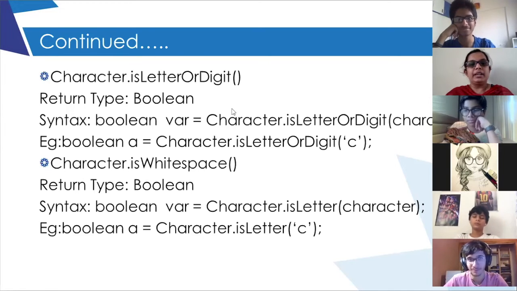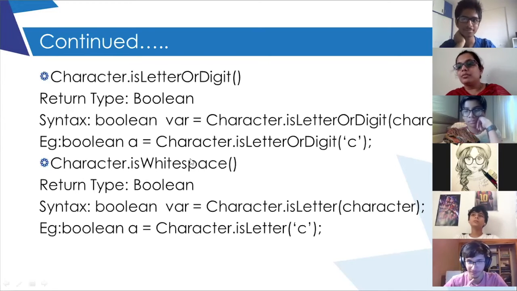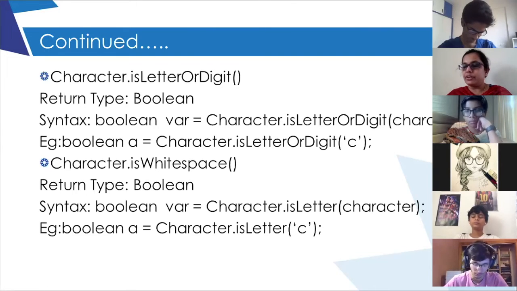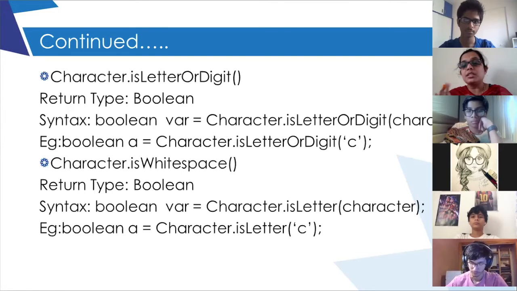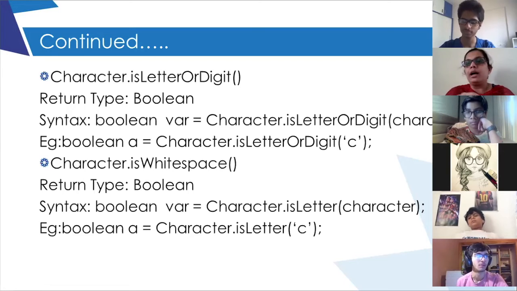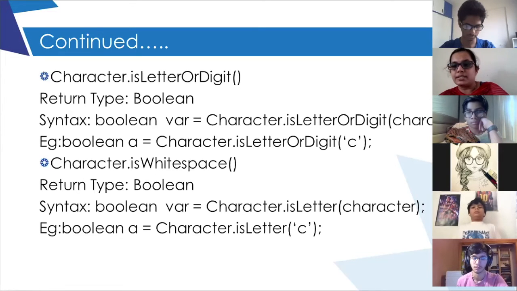Okay. So the Character.isWhitespace function is used to check the blank spaces in between the sentences. Generally, we use this when a program is given, for example, how many words are there in this sentence. So how will you check? How will we count a word? Suppose the sentence written is: we are learning from Zoom classes. So how many words are there?